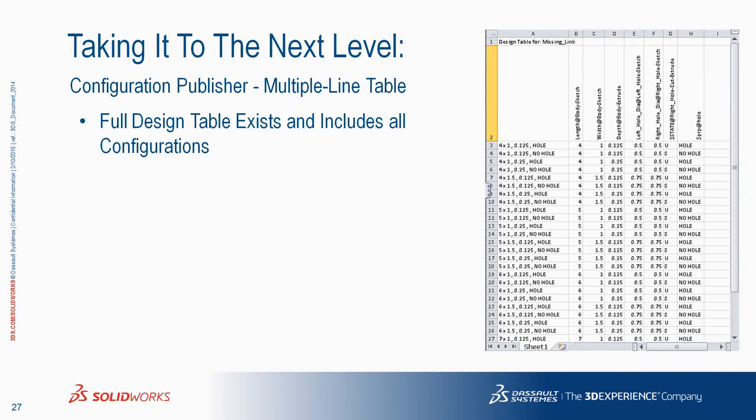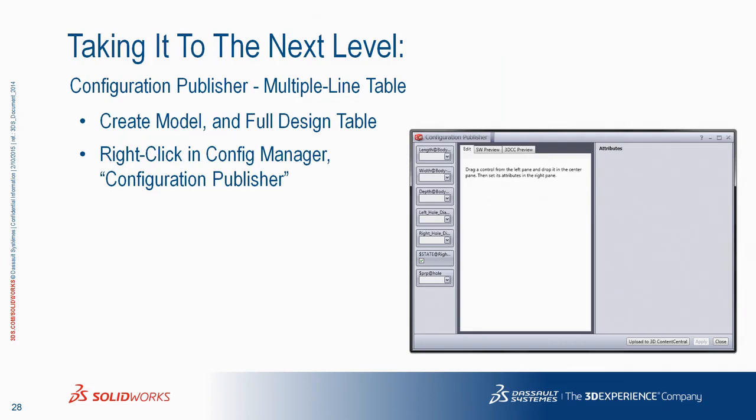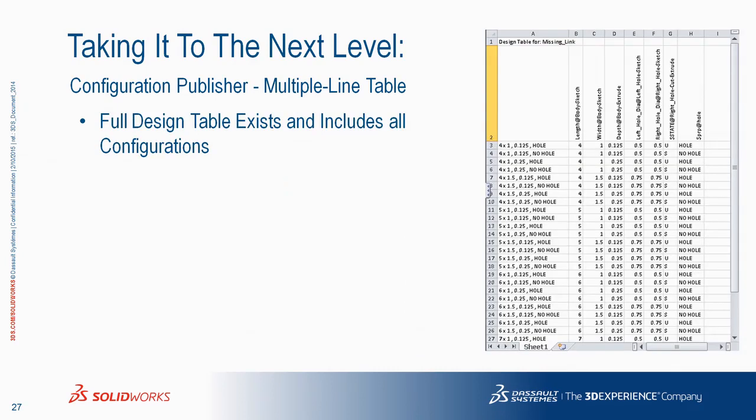All right. So what else can we do with our configuration publisher? Multi-line design table, or a multi-line table. We build our full design table ahead of time. It includes all of the different configurations. And we can see we got everything listed out there. The publisher acts a little bit differently. Instead of just having 3 different items to choose and build all our variables, we right-click in there, we do our config publisher, and we got our list of variables that's already created because it's pulling them from this design table